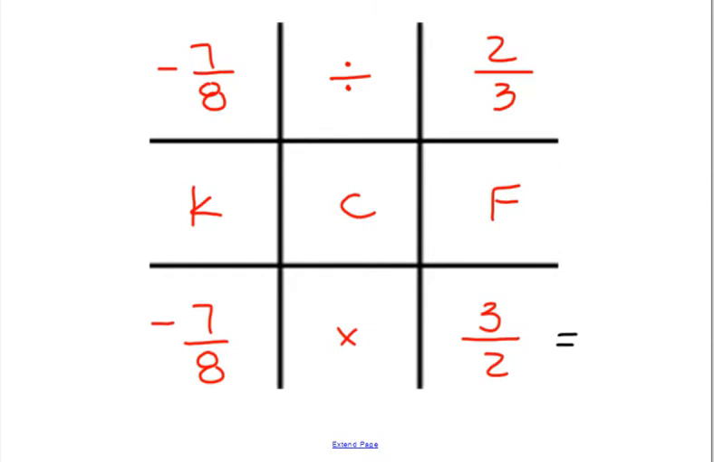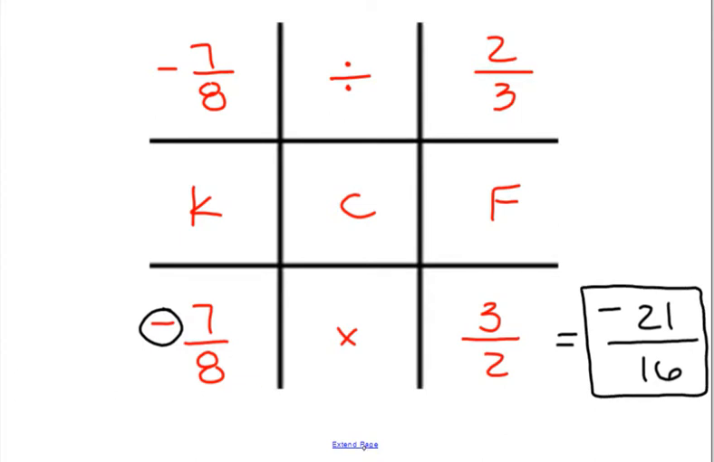Okay? Now, if you get no for all 4 of those, that means you multiply straight across, and whatever your answer is, it's as simplified as it can be. So I have a negative times a positive, so my answer is negative. 7 times 3 is 21. 8 times 2 is 16. Now,